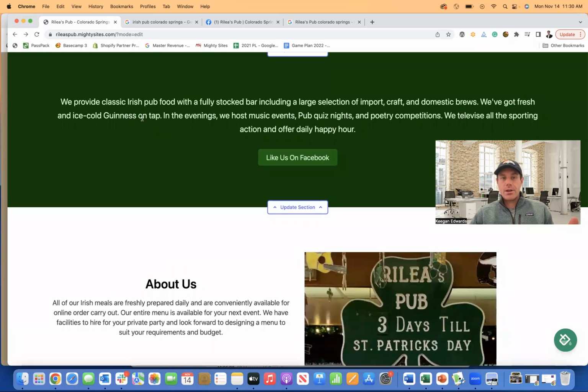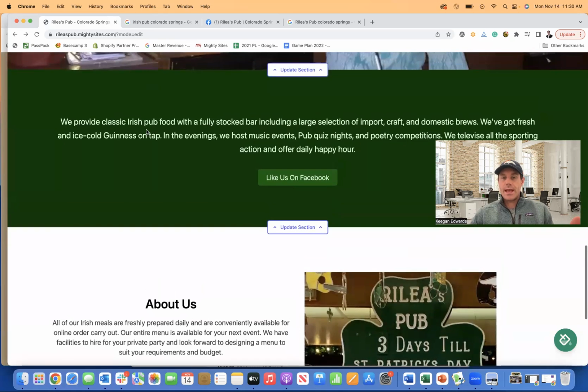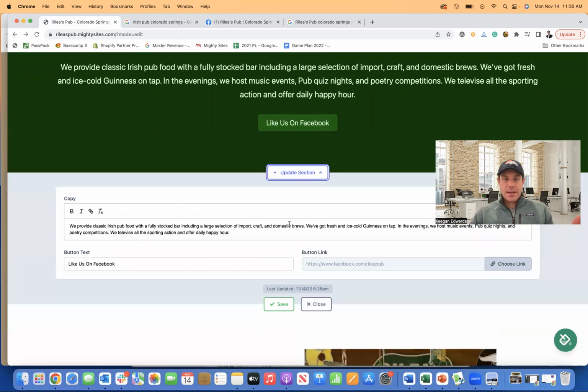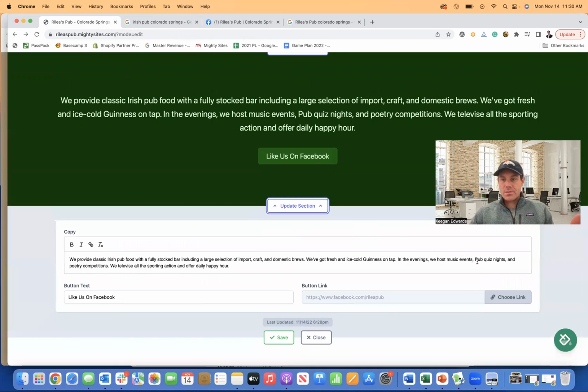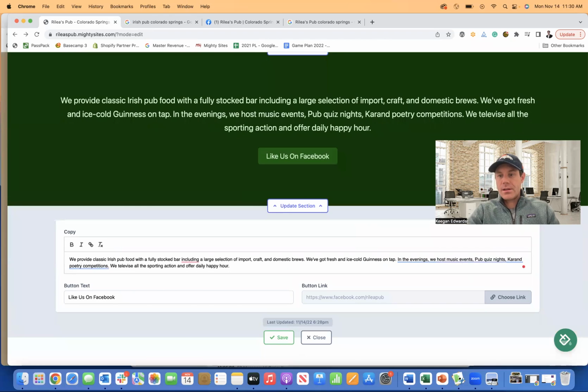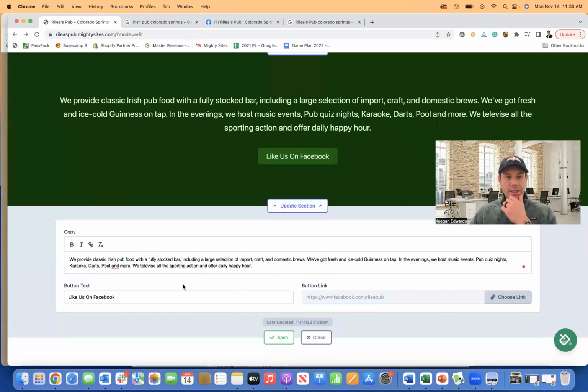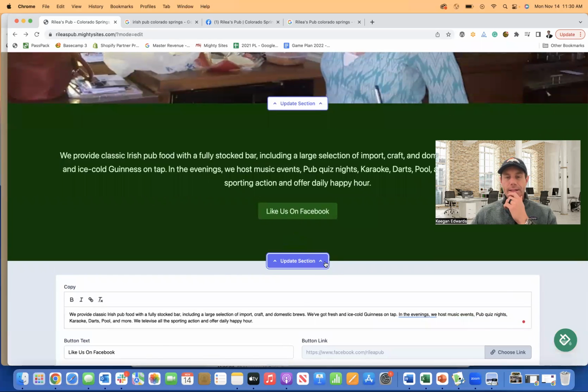We could add about the karaoke that they offer, and the darts and the pool table. So let's go ahead. We saw that. Flea Stop Bar, Ice Cold Guinness. We host music events, pub quiz nights. Let's add karaoke, darts, pool. We'll just say and more, right? So that's really nice, kind of gets them started, talks about what's there,